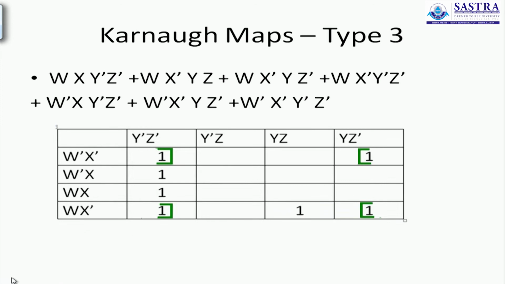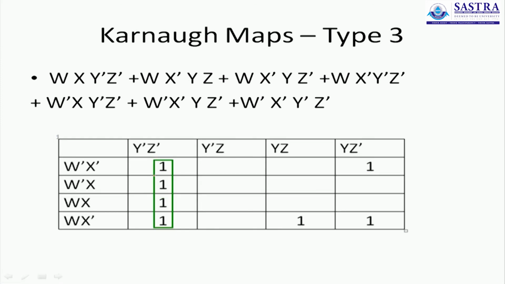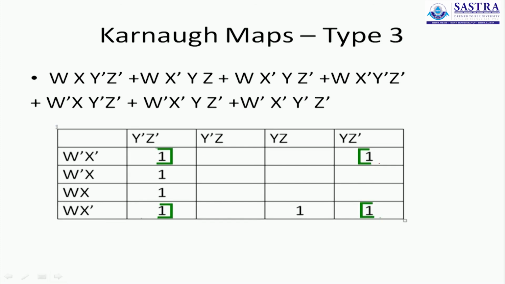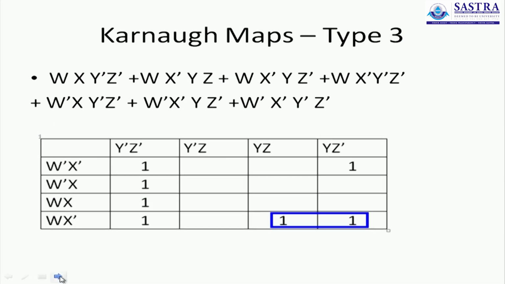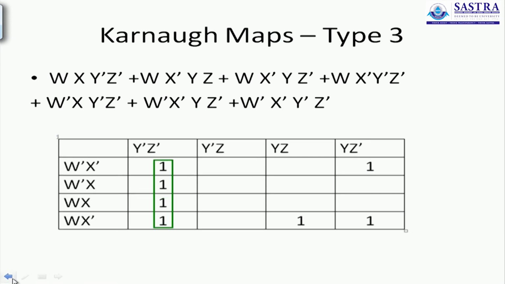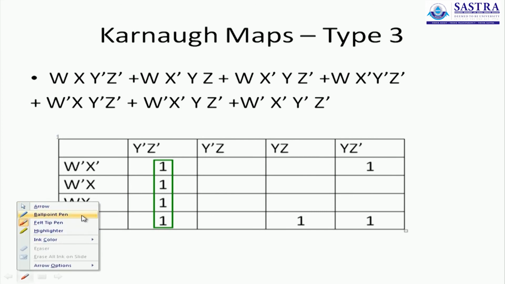I've shown them independently. The first loop is the four loop here. Since all of them are along the same column, they can be considered as a group of 4 terms. Next one is the ones at the extremes. There are 4 ones at the 4 extremes. 4 is once again a power of 2, so I can group them. The next one is only the loop of these 2 terms. 2 is a power of 2, again I can group them.